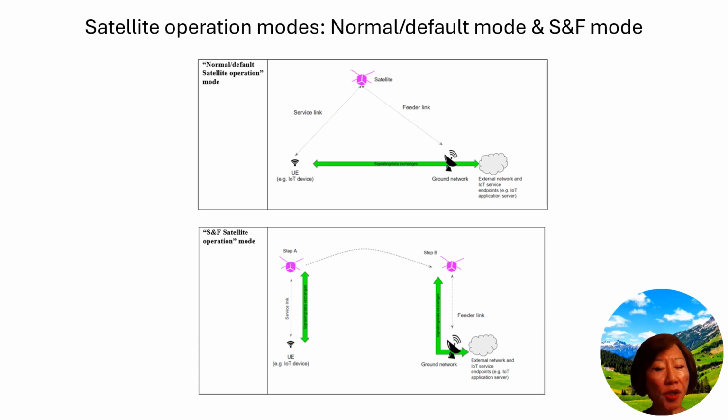Now, this approach is suitable for non-real-time applications much more than real-time applications, as you can imagine, because there is some delay in data delivery, and non-real-time communication allows for delay. The delay in delivery is acceptable in non-real-time communication. That's why it's more suitable. This also enables communication with devices in very remote areas that may only have intermittent satellite coverage.